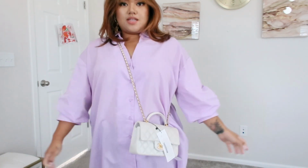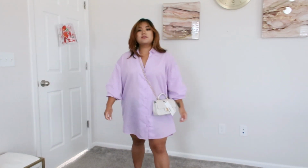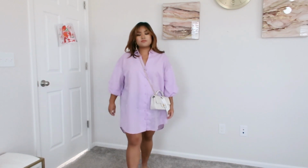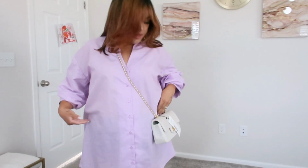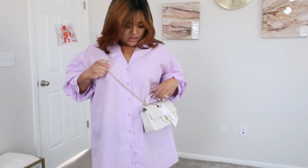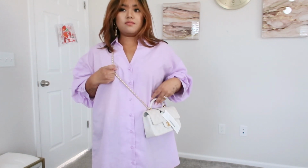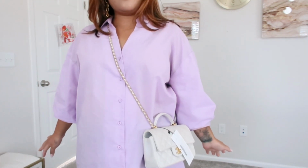Let me show you guys some mod shots. For reference, I am 4'11". I'm a size large, extra large, and size 14. This is my waist, this is my hips, so it hits me right below my hip, which I prefer my crossbodies a little shorter, more below my waist but above my hips, or just right on my hips. But this is fine, it's very comfortable,